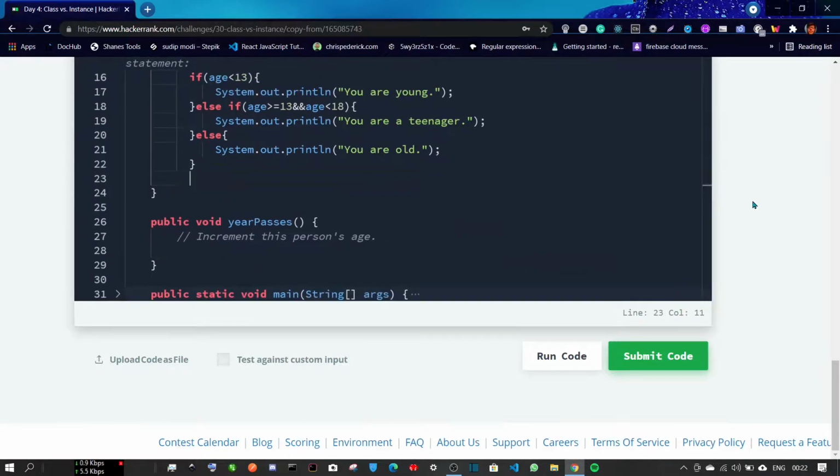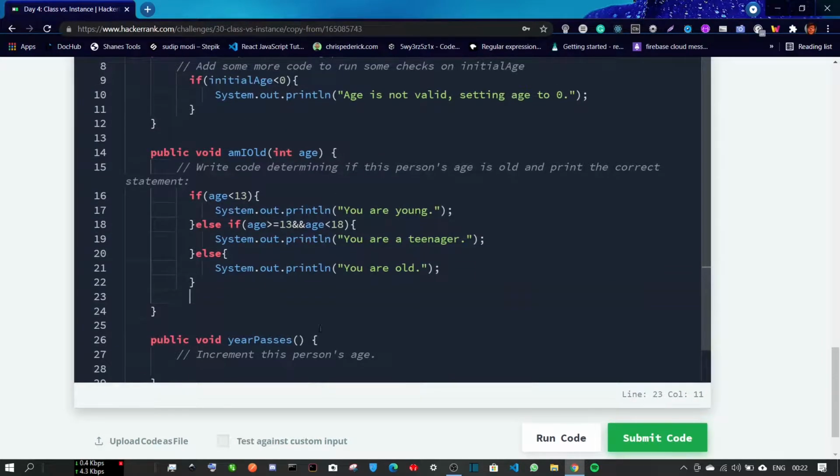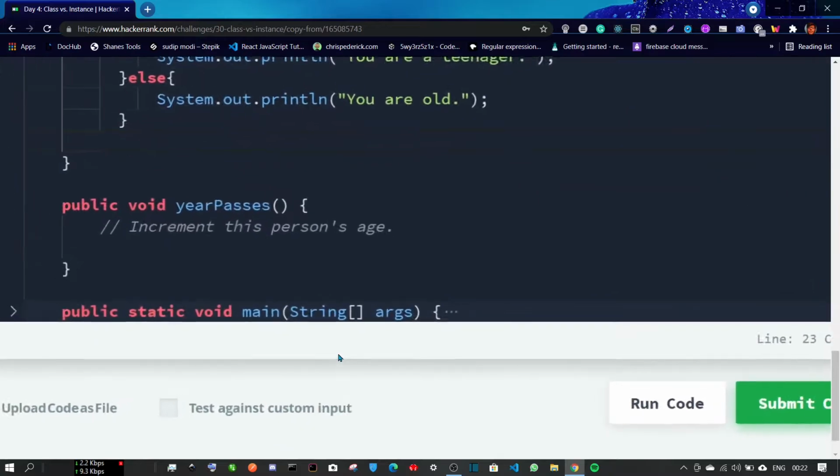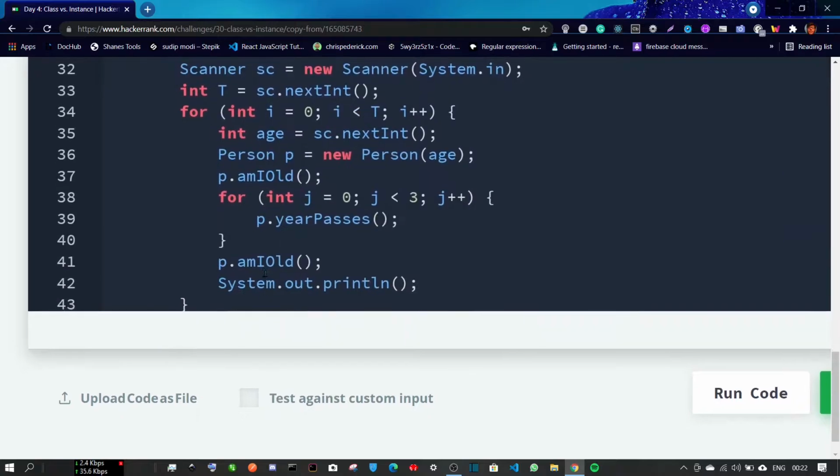Okay, so let's expand this last main method. This is actually the primary method. You see this public static void main here, right? This public static void main is actually the primary method that drives a Java program. Execution starts from here. So we'll see by expanding what this looks like.